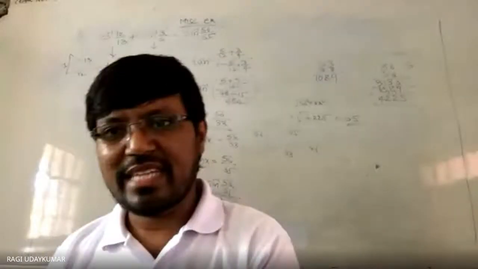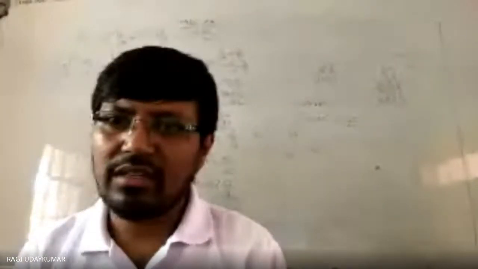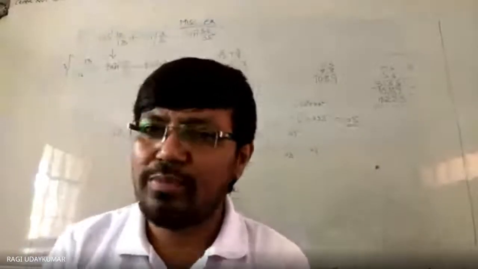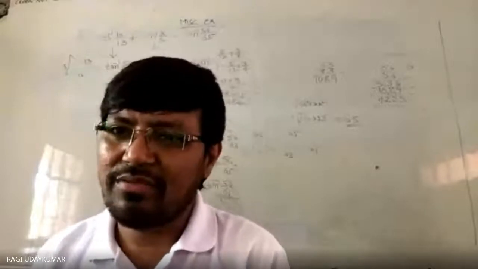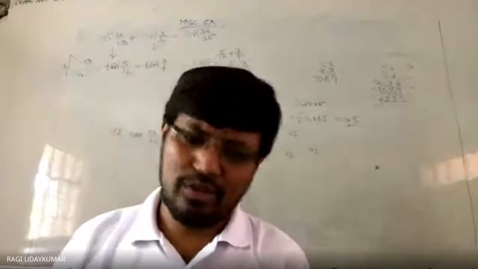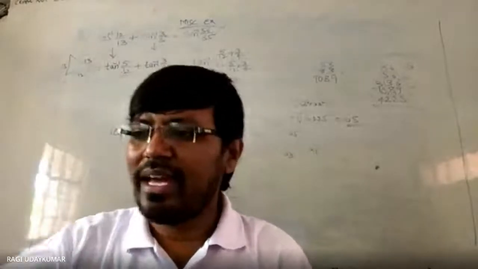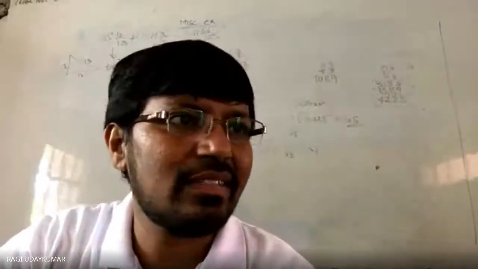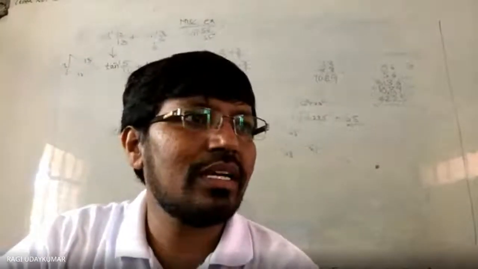Then again apply tan inverse x plus tan inverse y, and the whole thing will come in tan. If the question asks in tan, then let it be like that. Otherwise, if it asks sin, cos, cosec, whatever it may be, then you can do that. Understood? All the models you can do. There is no difference in these problems. Let us move to the